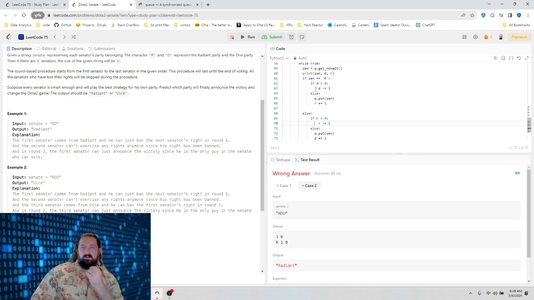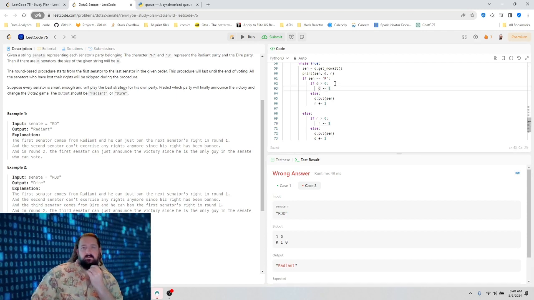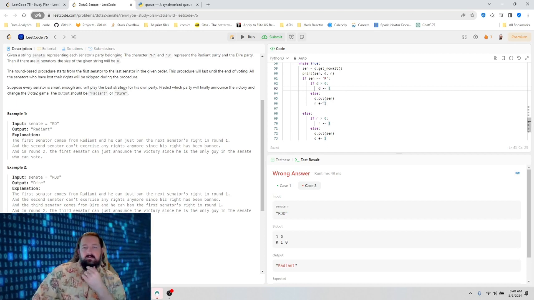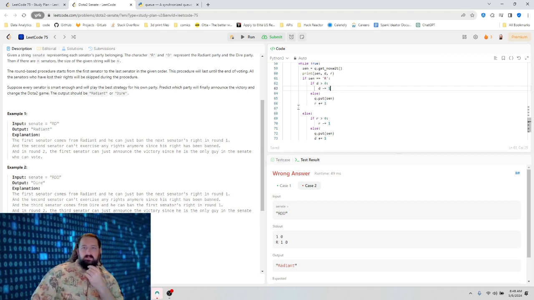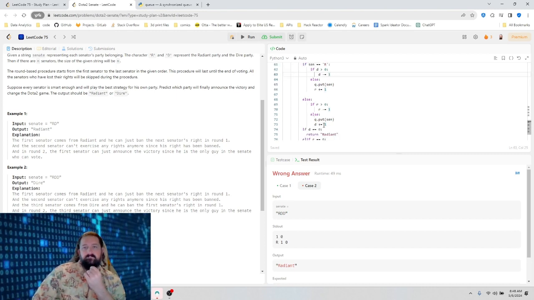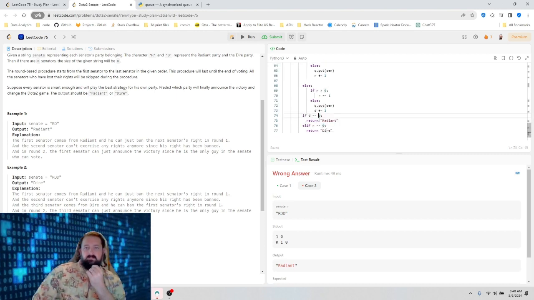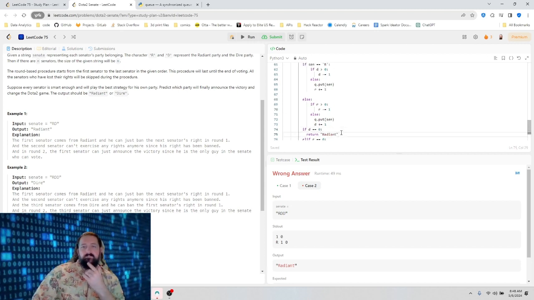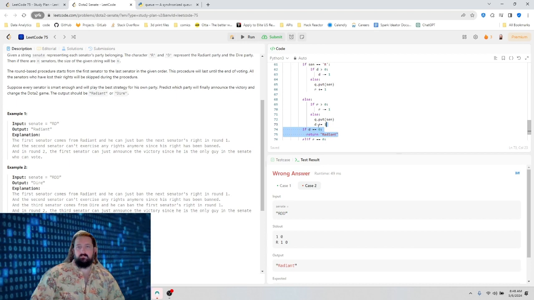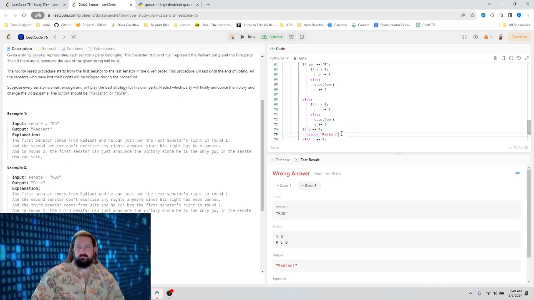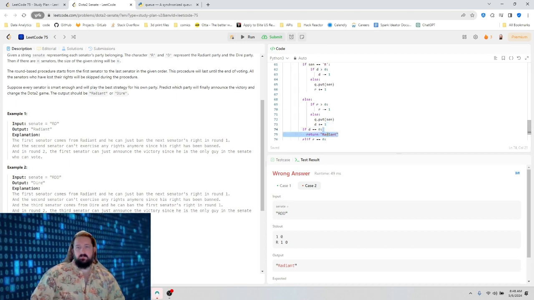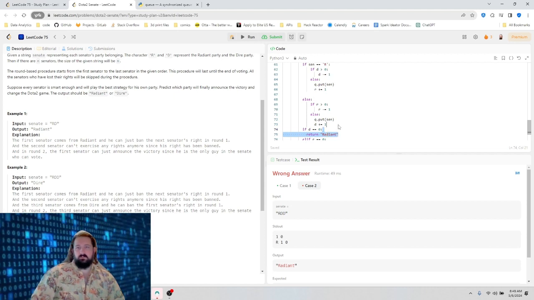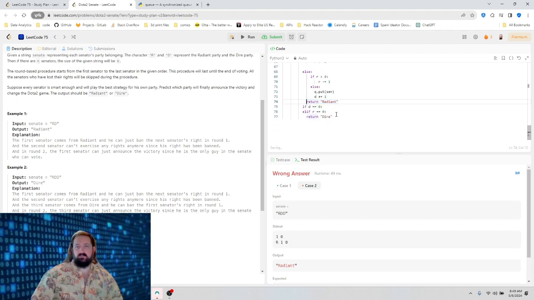And then I put, there's a D already, so the R is deleted. But then I'm checking, what if I do this?